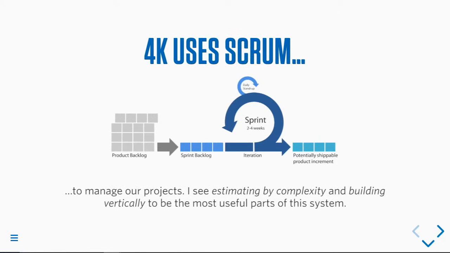So hopping right in, 4Kitchens uses Scrum to manage our projects, and I think that estimating by complexity and building vertically are the two most useful parts of that system. Scrum is a process that follows agile development principles, focuses on quick iterations and delivery of completable, usable functionality on a regular basis. If that's new to anybody, you do not need to already be an expert on that